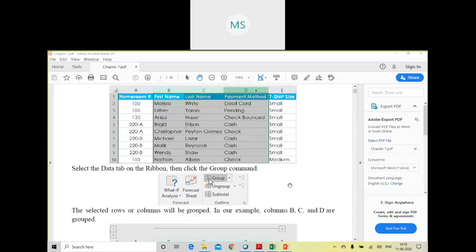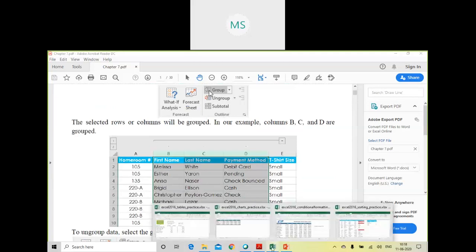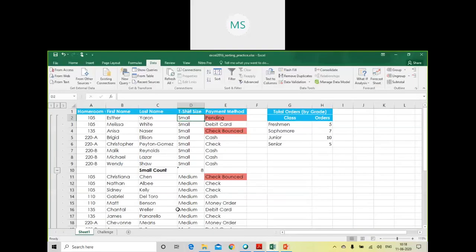So how to create that group? Now we'll see that with the help of an example. Here is my table, the same table on which we practiced yesterday. Suppose this is the table, and I want to create a group of these three columns, columns B, C, D, which consist of first name, last name, and T-shirt size.